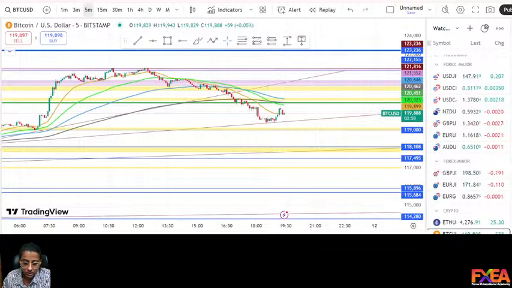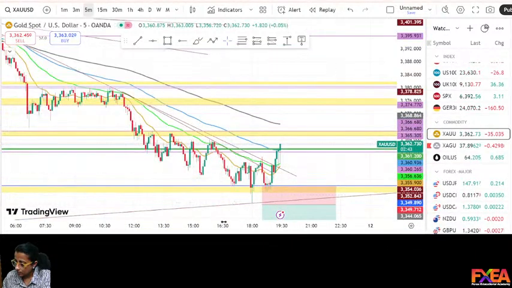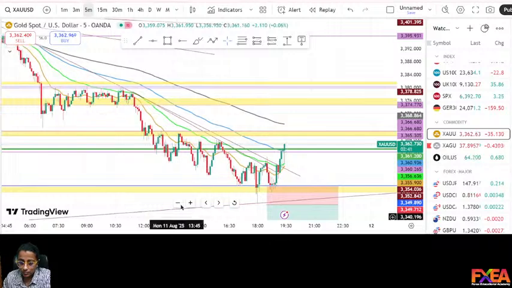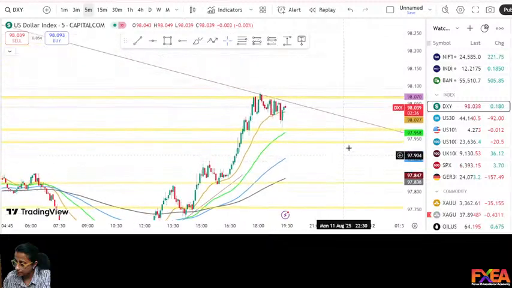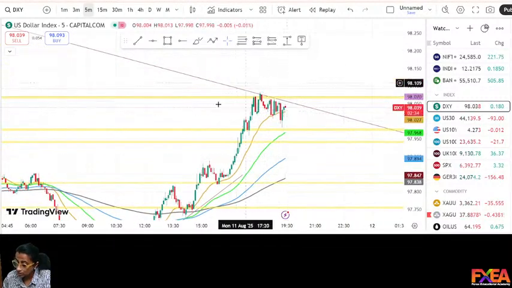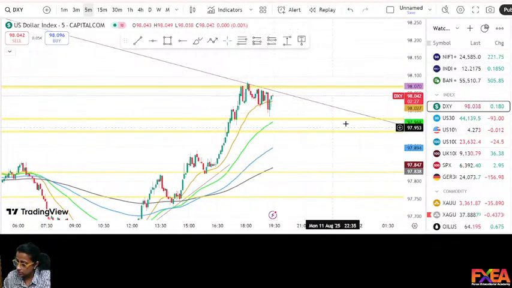If you notice, yes, it has crossed the level which I told. I will be taking the trade upwards if it crosses this level. So let me see the dollar index, what is the status there. Dollar index is still having the time correction, and it is respecting this trend line downwards. It is in this range.